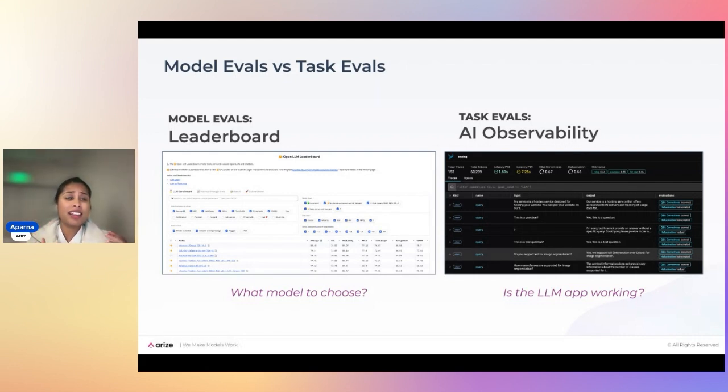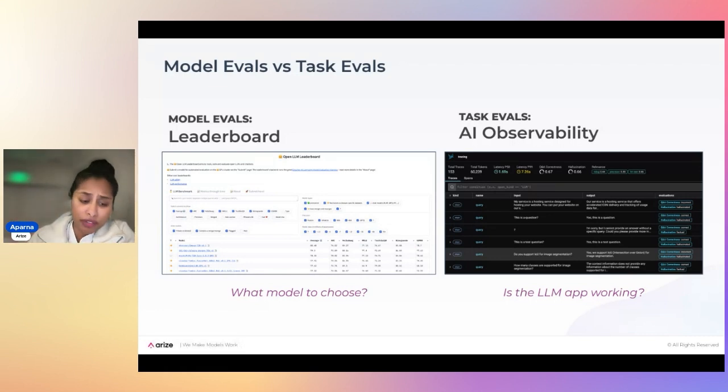They rank different foundational model providers and help you decide which model to choose. All of these use metrics like MMLU or HellaSwag, which focus on what model to choose for building my application, and which models might be better at things like RAG, or retrieval-augmented generation.